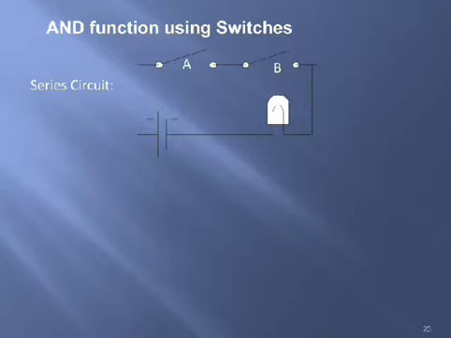That means both the switches A and B have to be closed for the lamp to glow, because only when both the switches are closed will the closed path exist in this loop. So for the current to flow in this circuit, both the switches A and B have to be closed, then only the lamp will glow. Closing of both the switches can be treated as the 1-1 combination of inputs, so that you will be getting the output as 1, which is nothing but glowing the lamp. And for all the other combinations, you will be getting logic 0 as output. That means the lamp will not glow.